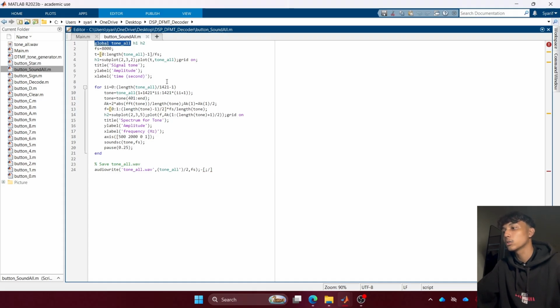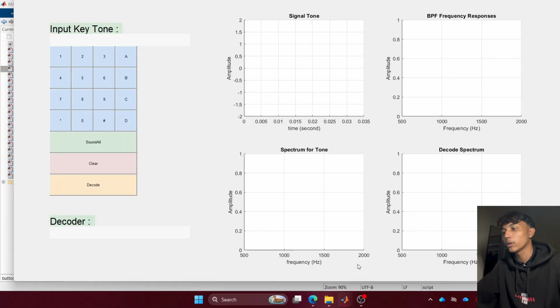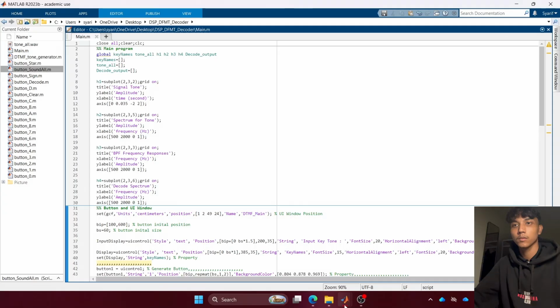So to generate the tone efficiently, our system replaces heavy, slow trigonometric calculation with a responsive second order IIR digital resonator by striking this filter with a quick unit impulse. So we blend the required row and column frequencies to synthesize a touch tone instantly. This raw wave shape is immediately plotted in the time domain on subplot H1.